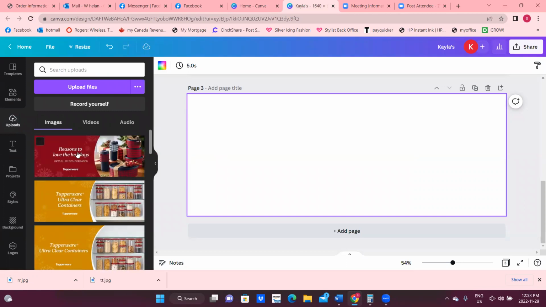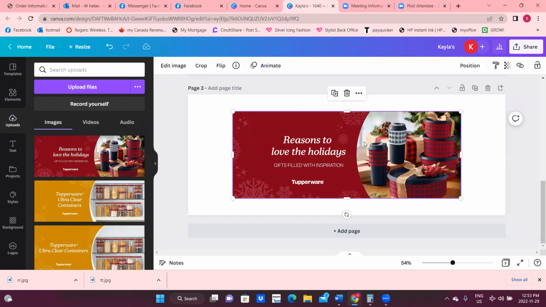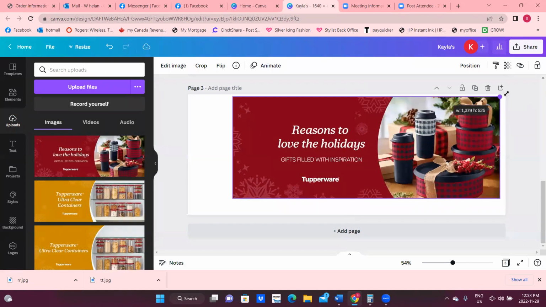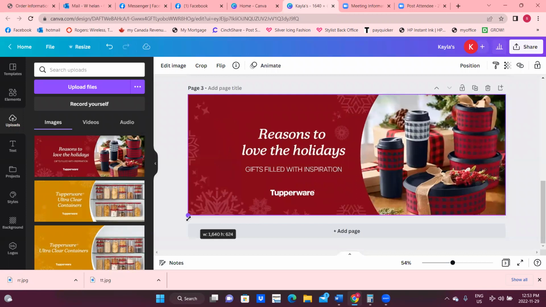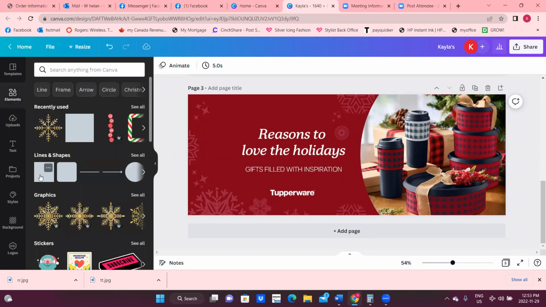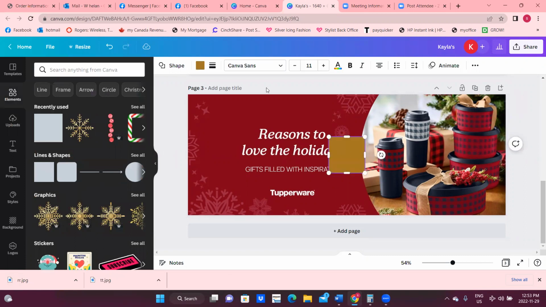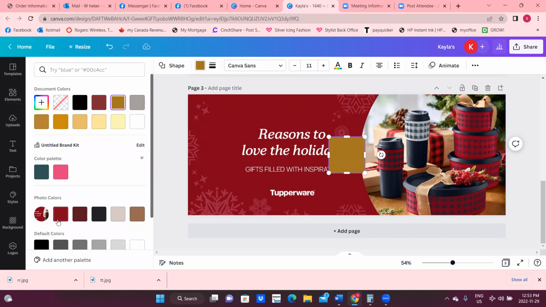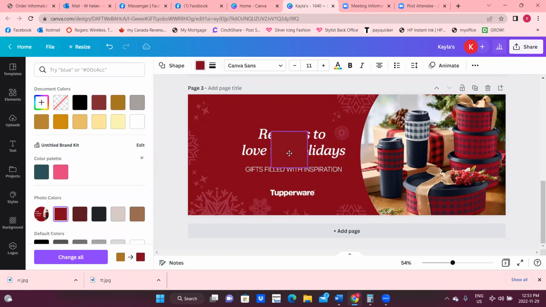Now the difference is when you open it from here, it's going to come up smaller. Okay, so now what we need to do is we need to expand it. So we just need to go like this and it expands open for us. And then you do the exact same thing we just did. So you take this, change it, and it gives you the color options as well. And then you can expand it. Now, as you can see, there's a little image right here, and we don't want to get rid of that because it's cute and it's there. So you just need to work